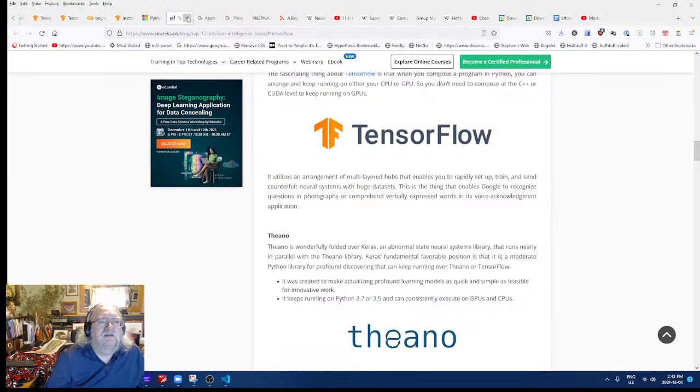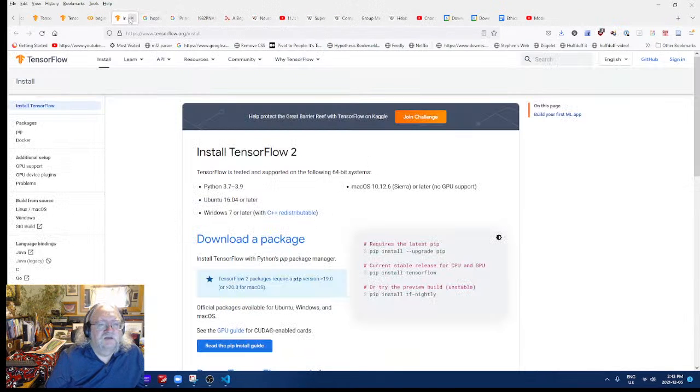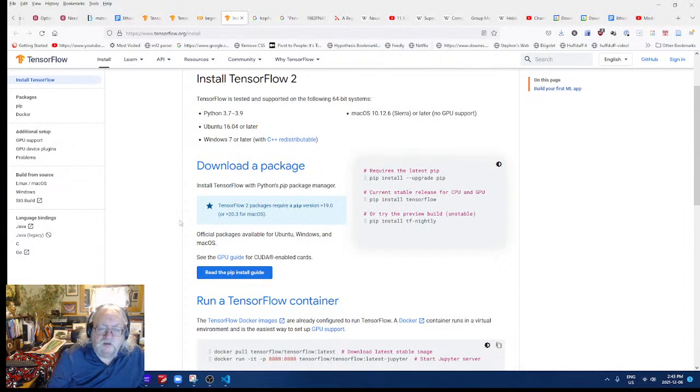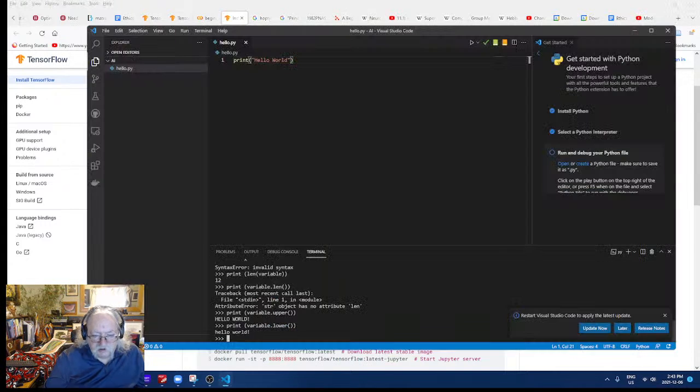Okay. So now, install TensorFlow 2. So, requires pip version. So we need to upgrade pip. So let's do that. Oops, Control C. So we'll come back into here. Let's exit the Python interpreter.